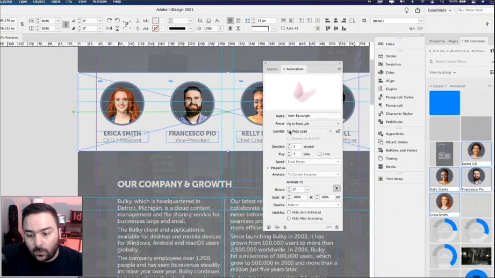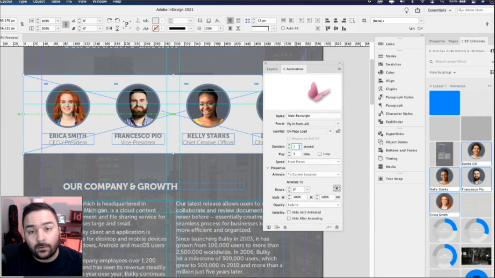Okay. Let's work our way down here. The duration for this entire exercise, all of it will be 0.5 seconds, okay? So that's a pretty smooth, quick transition on page load. 1 second would work fine, but I want everything to animate pretty quickly when the page loads. I only want this to play once, and then everything else is good. The opacity down here, I'm going to choose none, so I don't want that to fade in. I want it to come in with a nice hard transition on page load.